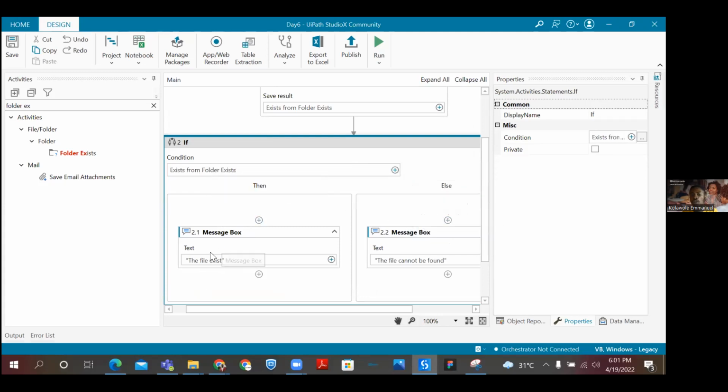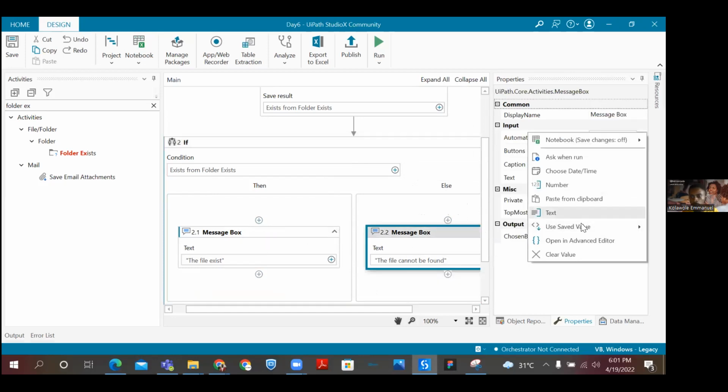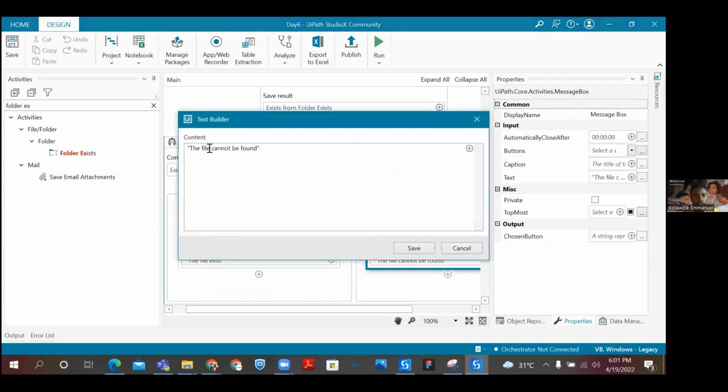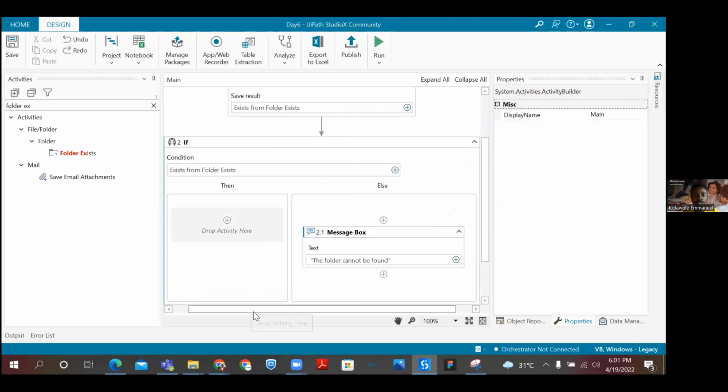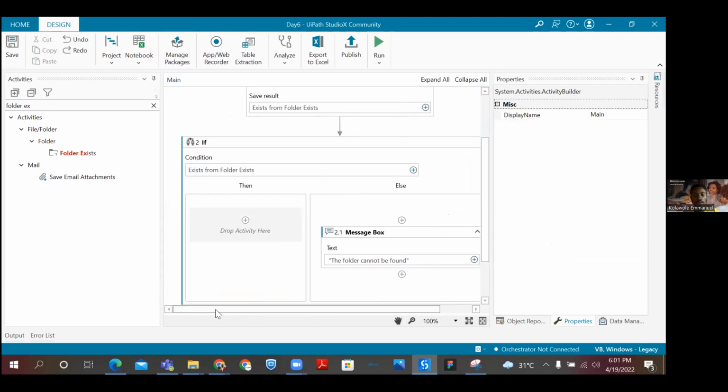So this is going to tell us the folder exists and the folder cannot be found. Okay, let me just rename this for context. The folder cannot be found. And this one, we know if it's found, then I want it to perform a set of activities. Okay, now, so if this folder exists, let's